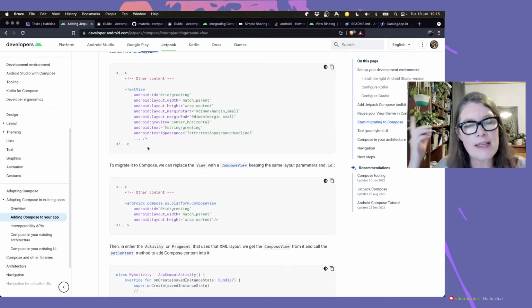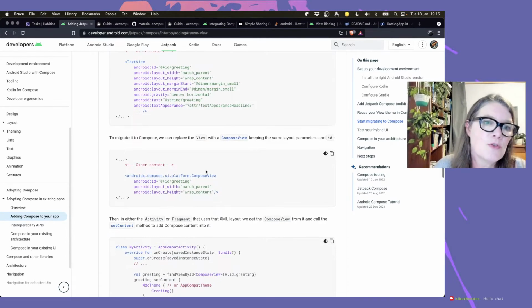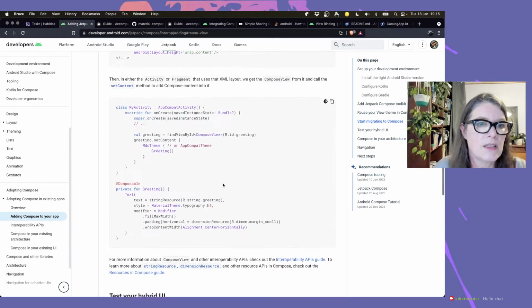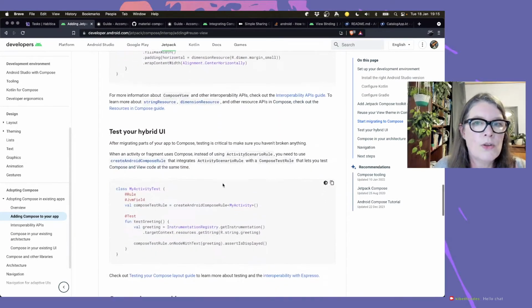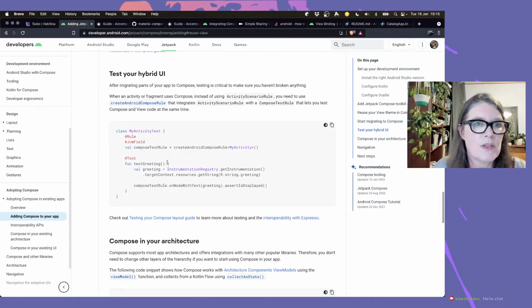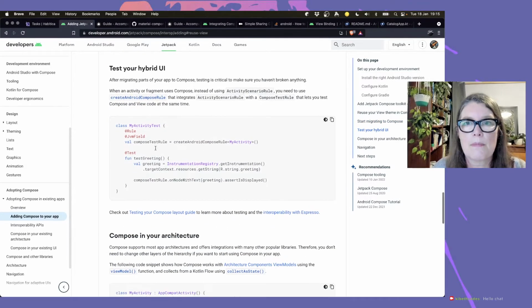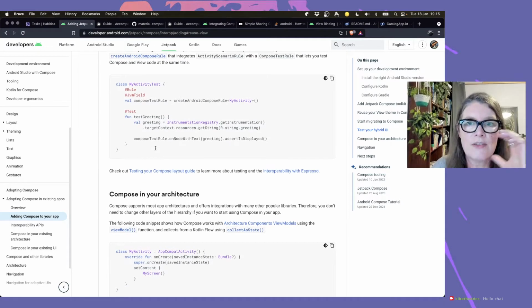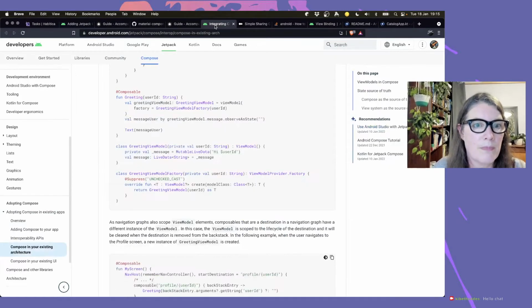Now, thinking about the code, the way that this works is that you can have a compose view like this, and you can put this compose view inside your XML, and then you can access that out of the fragment or the activity, or you can instantiate a compose view inside the fragment. Now, I don't want to change any of the navigation. I want to add